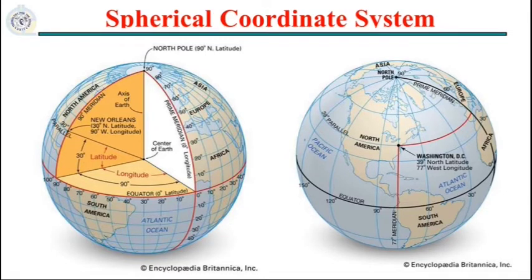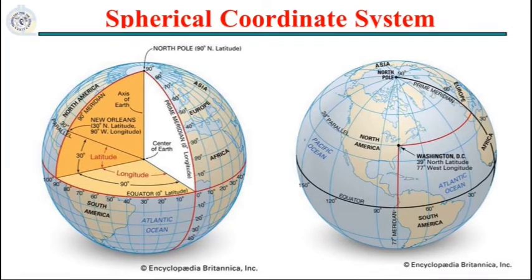So if I want to do any kind of analysis on these kinds of spheres, then I need to have information about one more parameter, that is the radius. So radius also becomes an important parameter. I should know the radius, and one should have information about the longitude and the latitude.